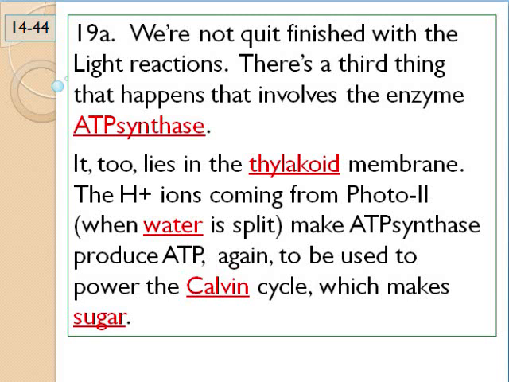Okay, the light reactions, what happened there? The light reaction, of course, requires sunlight to go. We know that because that's when the water is split. And the ATP synthase is used to